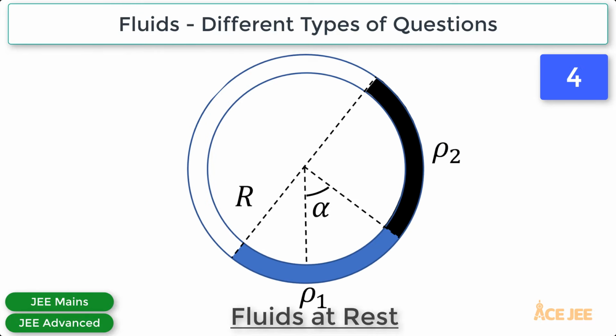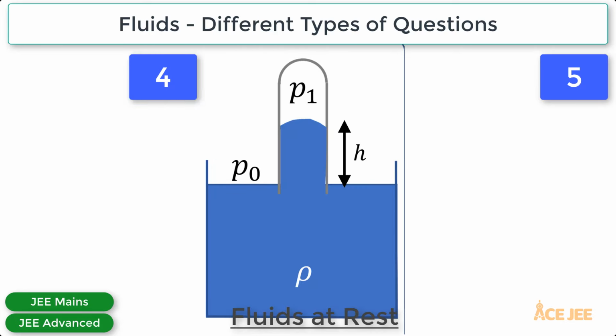Or, given a circular tube of radius r and thin cross-section and containing two immiscible liquids of densities ρ1 and ρ2, with both liquids occupying certain section of the tube, you might be asked to determine the angle alpha when the two liquids are in equilibrium, with angle alpha being the angle made by the interface of the two liquids with the center. Or you might be given an open glass tube immersed in mercury in such a way that